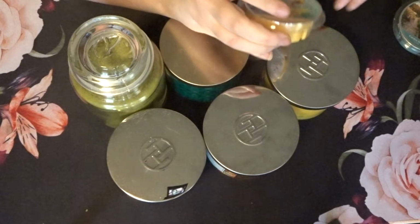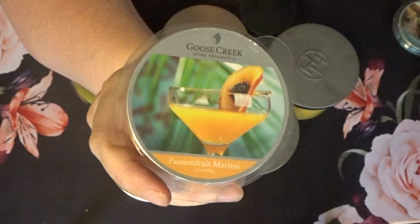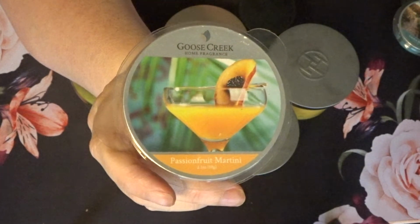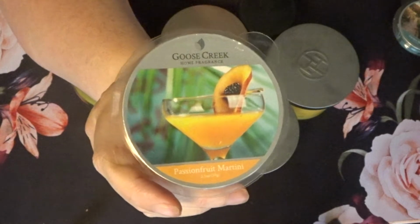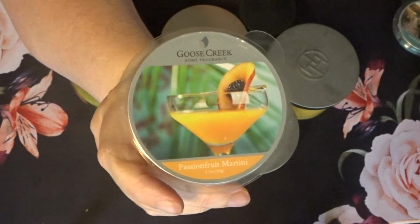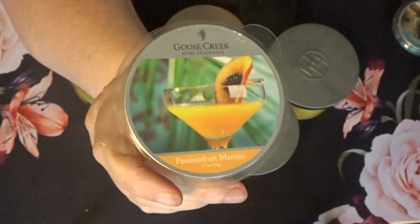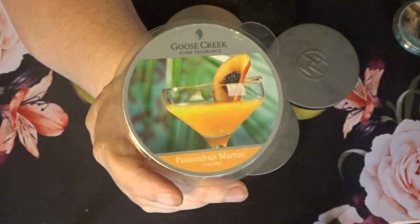Last but not least, when it comes to the melts, is Passion Fruit Martini from Goose Creek. I'm really excited for this one because it has given me the summer vibes. This is that peachy mango smell. I already know what I'm going to be melting this with while I'm burning. I will have no problem using this up this month because I'm really looking forward to this